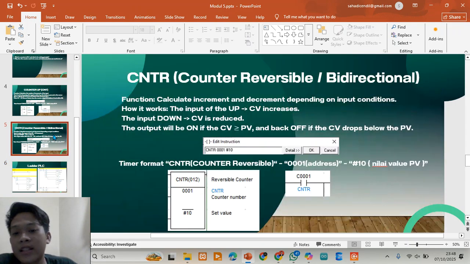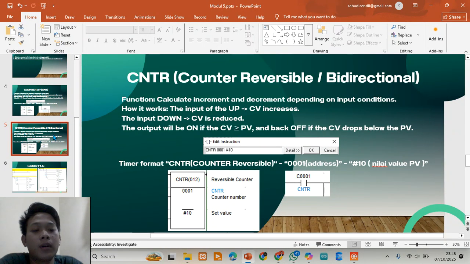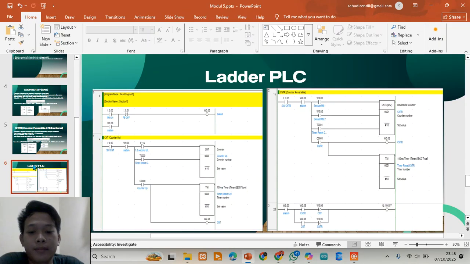Next is the CNTR function, calculation of bidirectional counting. Next, the ladder diagram.